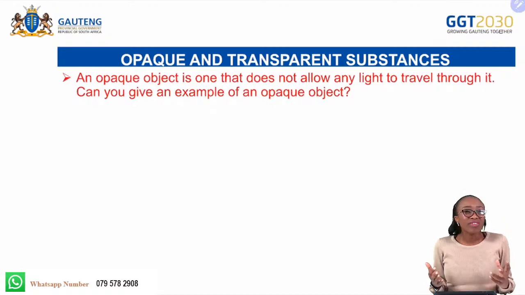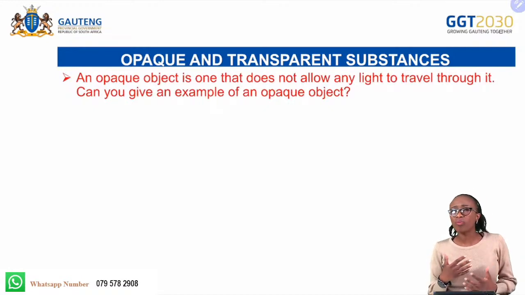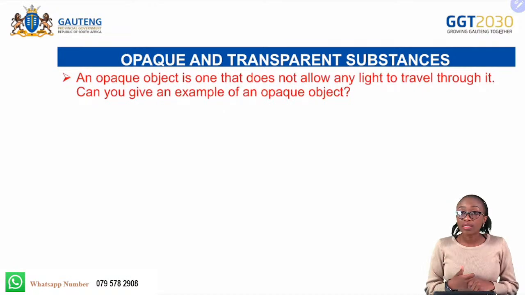Can you give an example of an opaque object? Can you think of an opaque object? Examples are your cell phone is an opaque object because it doesn't allow light rays to pass through it, it blocks them. Look around your classroom. If you're in a classroom right now, look around and send us different examples of what you think